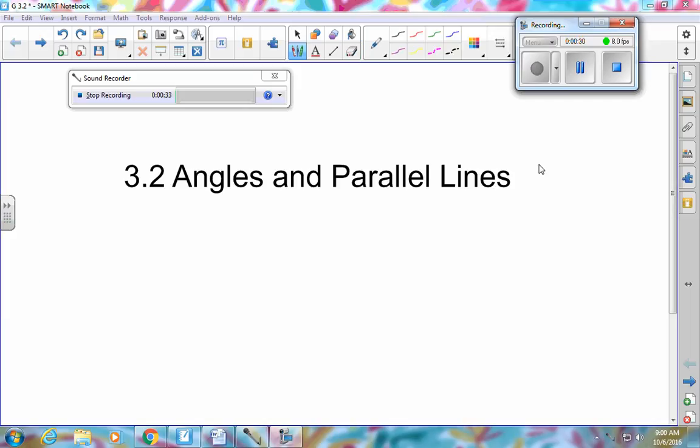You need to draw two parallel lines with a transversal cutting through. Remember, to show that it's parallel, you do that with the arrows. And then we need to label the numbers. This is just going to help you for when we're labeling the corresponding, alternate interior, same side interior, and alternate exterior angles. Okay, so let me skip